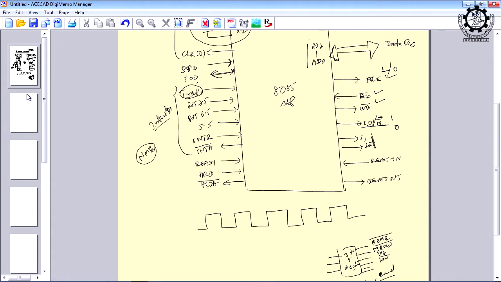Okay. Similarly, we have another type of interrupt called RST 7.5, RST 6.5 and RST 5.5, and the way they are written in the diagram is the way the priorities are assigned. So, you will understand that trap has the highest priority, then 7.5, then 6.5, then 5.5. But they are maskable. Maskable in the sense that they can be changed, the priority can be changed. But how to change it? Again with the help of instructions. Anything we are doing on the microprocessor 8085 or any microprocessor is possible only by using instructions.